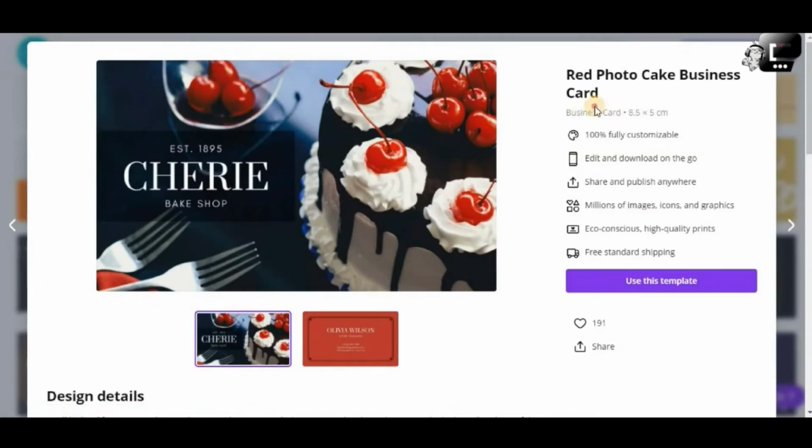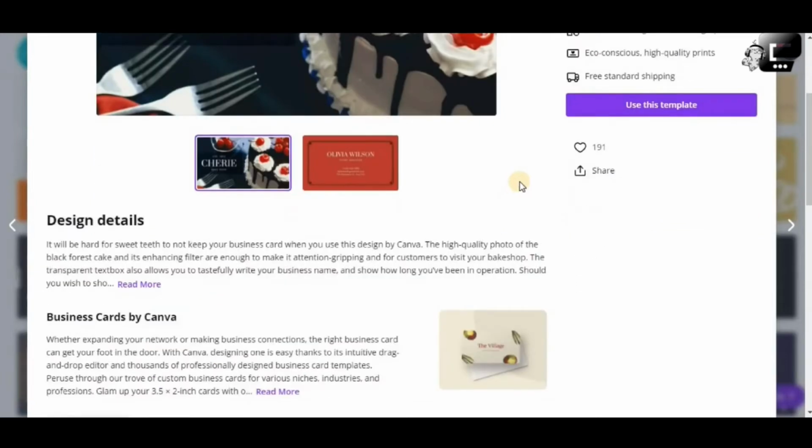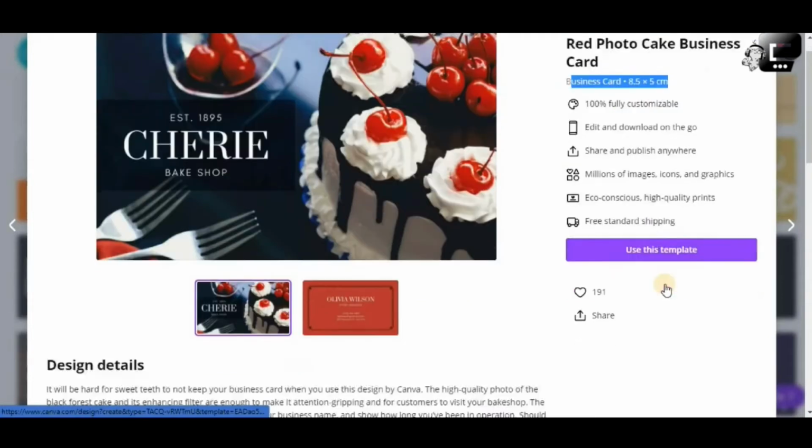The business card size is 8.5 by 5 centimeters. That's actually the standard size for a business card, and this is 100% fully customizable. You can also share and publish this anywhere, and of course you can download this after you design your project. If you really want this template, you can just click on the Use this template button here.